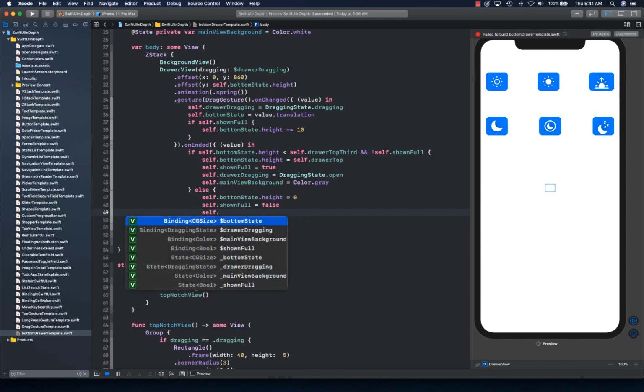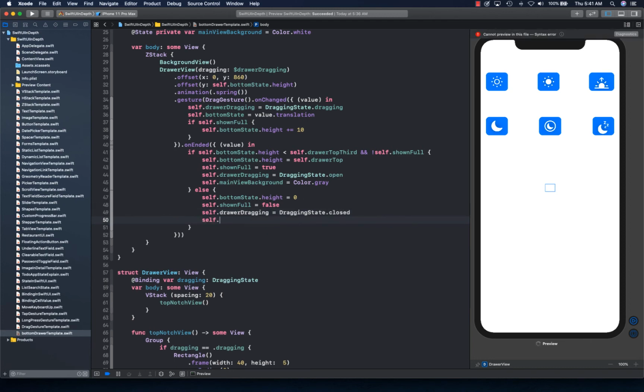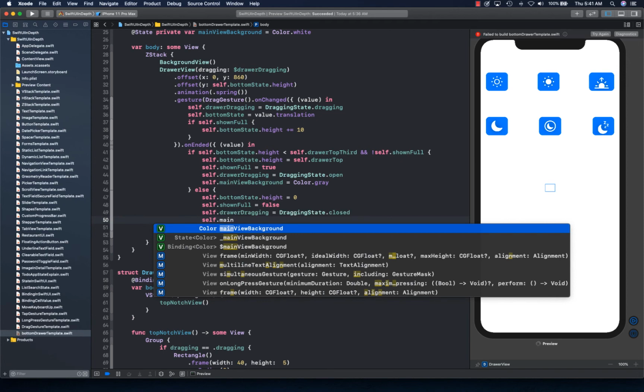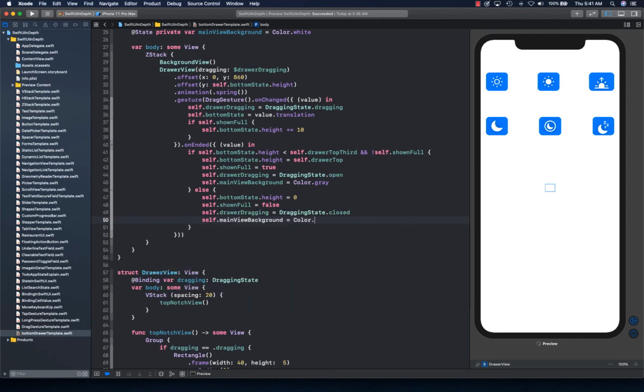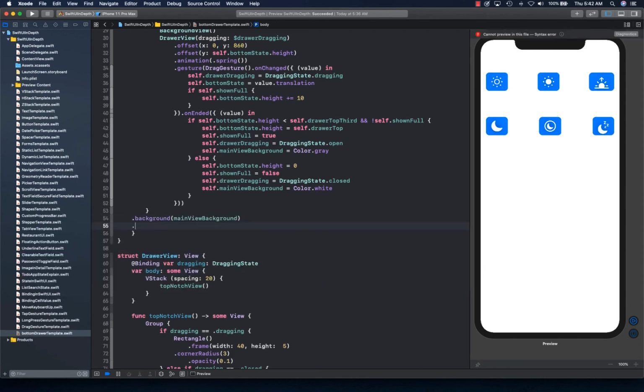So self dot drawer dragging is equal to dragging state. Come on, keep up. Okay, self dot main view background is equal to color dot white. With that, our gesture state has ended, or it's done. So we're going to give background to our main view background, and animation